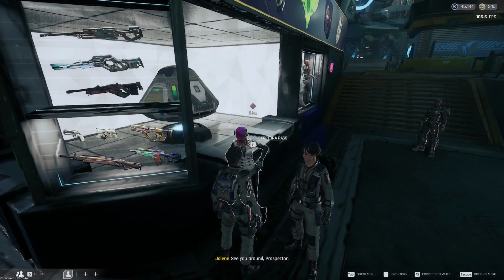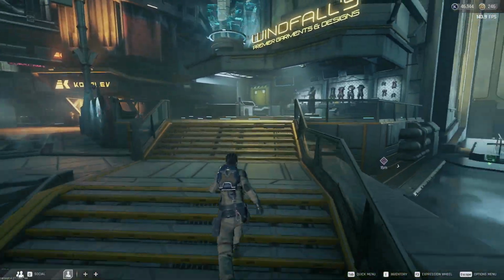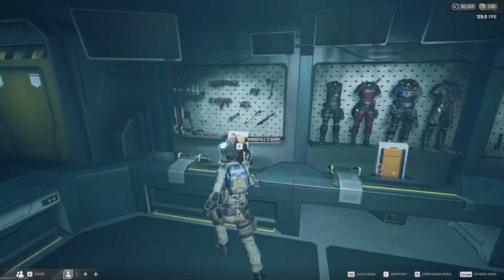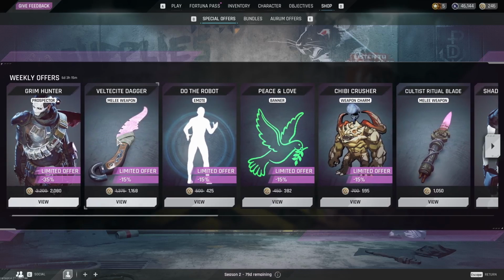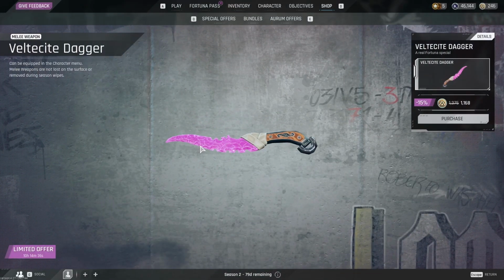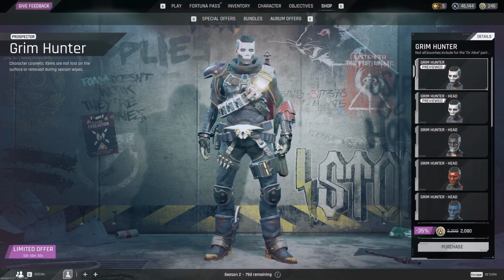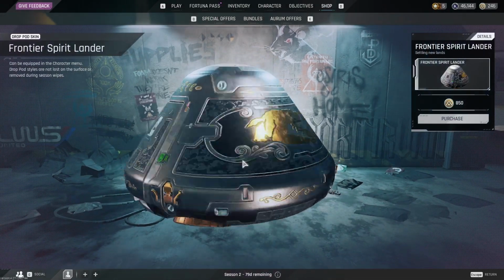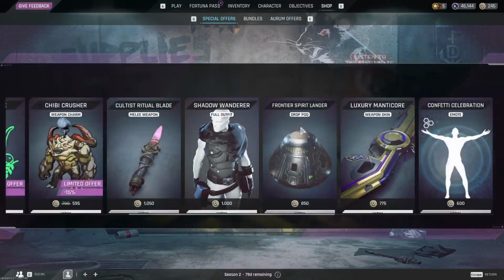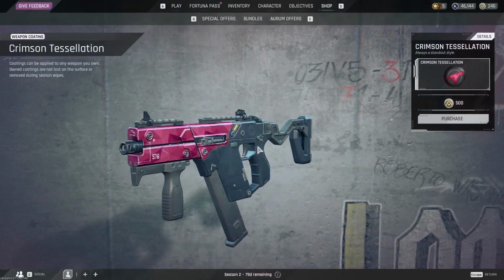So yeah, now that you guys understand the wipe system, the last thing I'm going to cover is this guy over here, Windfall's Shop. You can actually access it in the top. Essentially it's just a shop where you can buy super cool cosmetics like this. Some of the cosmetics in this game are absolutely mind-blowing. As you can see, drop pods, characters, skins, melee weapons, some machetes, gun skins, like a lot of other games,